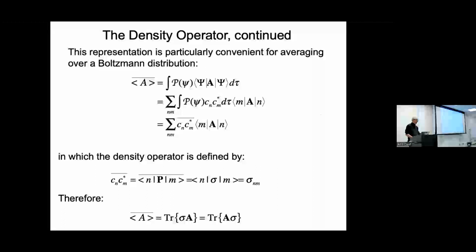For each sub-ensemble, we calculate the observable quantity, and then we average over the 10 to the 11th ensembles. Life is a little easier because many of those sub-ensembles will have the same probability, so we can lump them together, but we still have a complicated integration. So now let's switch to the Dirac notation, where we have